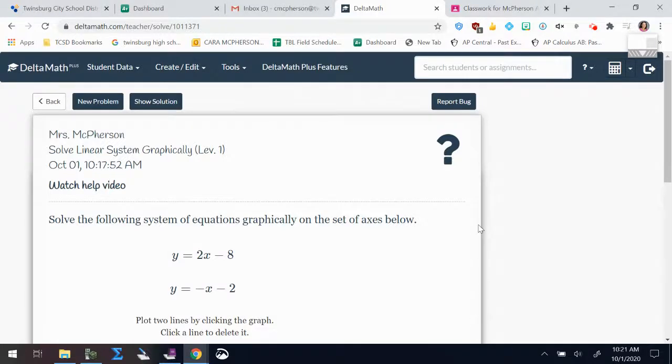All right, so I want to just do a quick recap of the first section in 3.1, but rather than do it in a traditional way, since I'm actually teaching this in class, I want to show you a Delta Math kind of in my own little help session. So I'm going to go through and do some Delta Math questions, and then that way, if you're struggling, you can go through this and make more sense of it, kind of base it off of what you would have